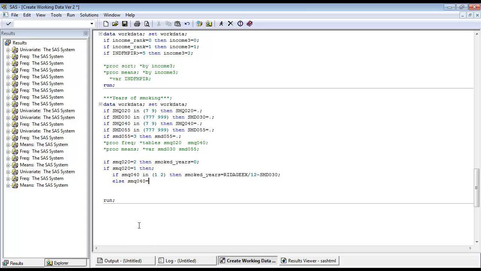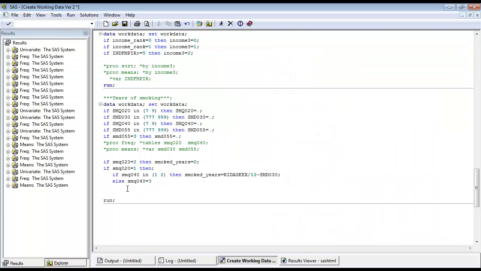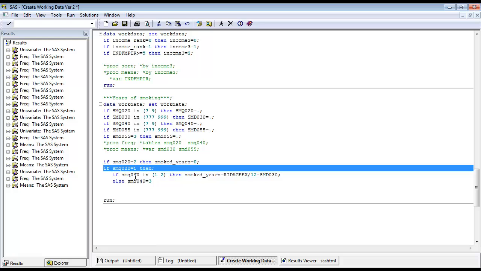So what I want to do here is check if SMQ040 is equal to 3. If SMQ040 is equal to 3, that means that they don't smoke cigarettes now. They used to, right? I know that they used to smoke cigarettes because I've limited it to individuals who are SMQ020 equals 1. This means that they smoked at least 100 cigarettes, right? So these people now